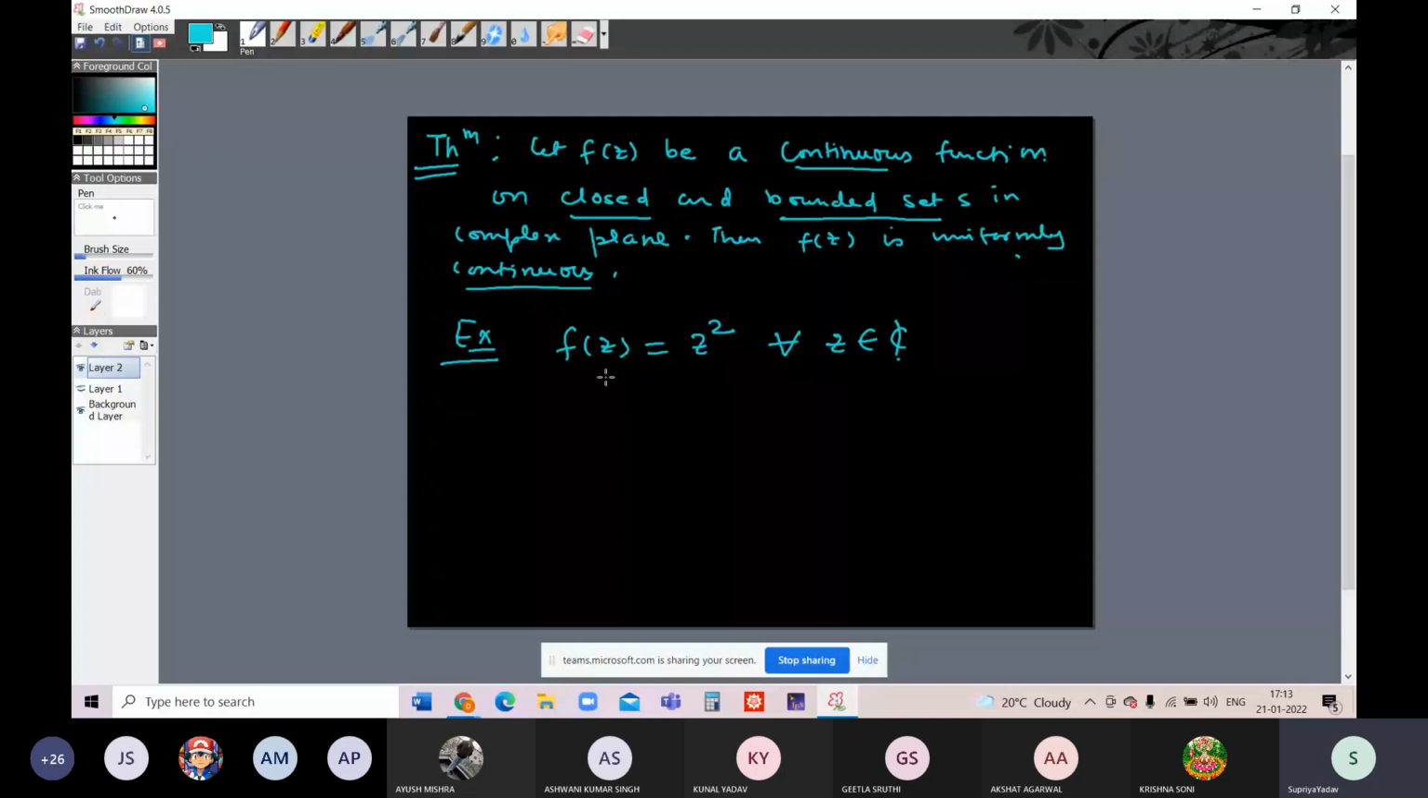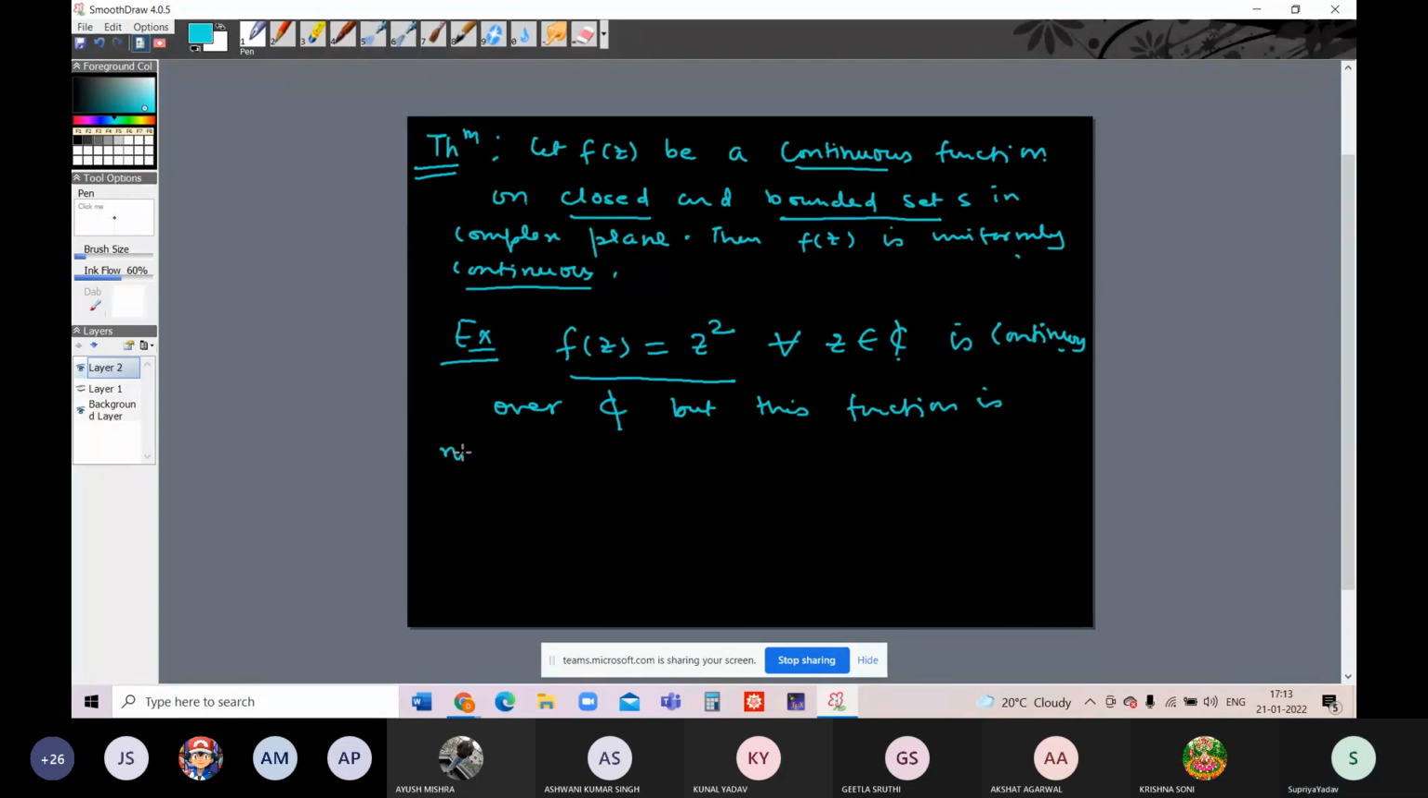Entire function means a function which is चलिए differentiability की अभी बात नहीं की तो entire function नहीं बोलते. So this function is continuous everywhere in finite complex plane. f(z) is equal to z square is continuous over complete finite complex plane. But this function is not uniformly continuous